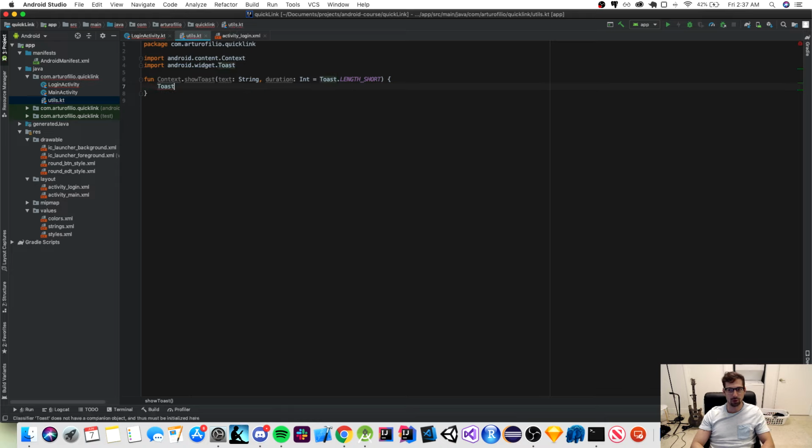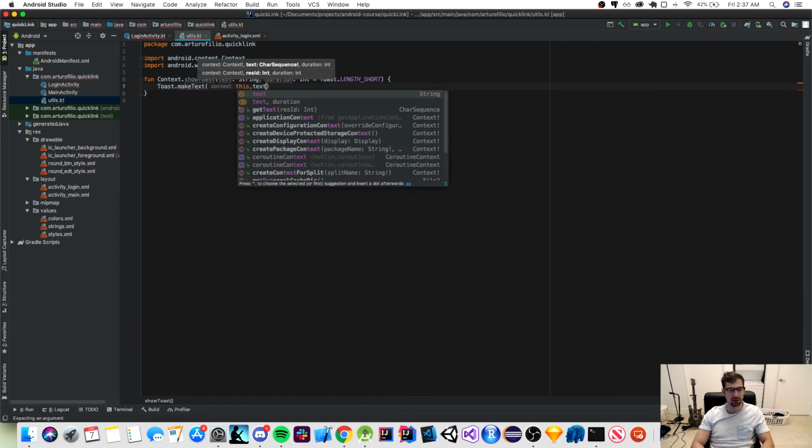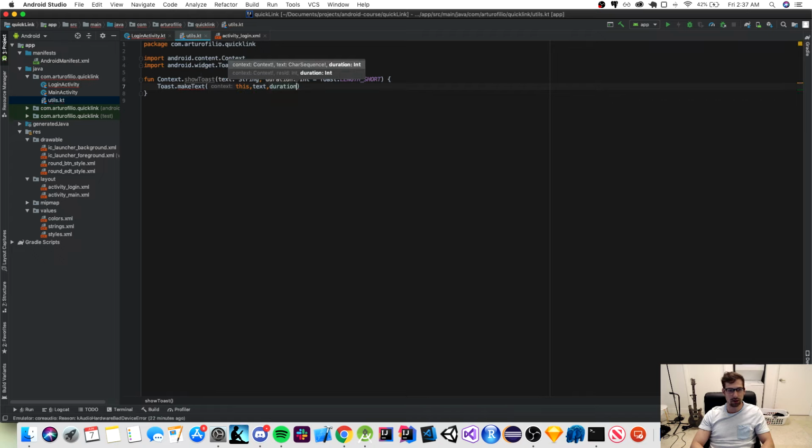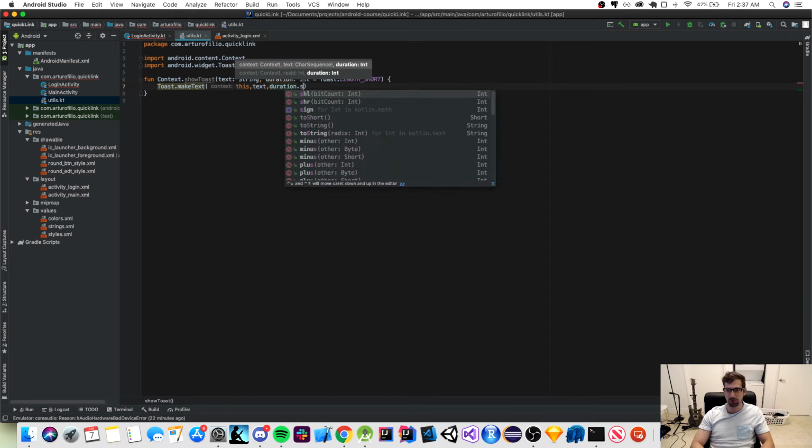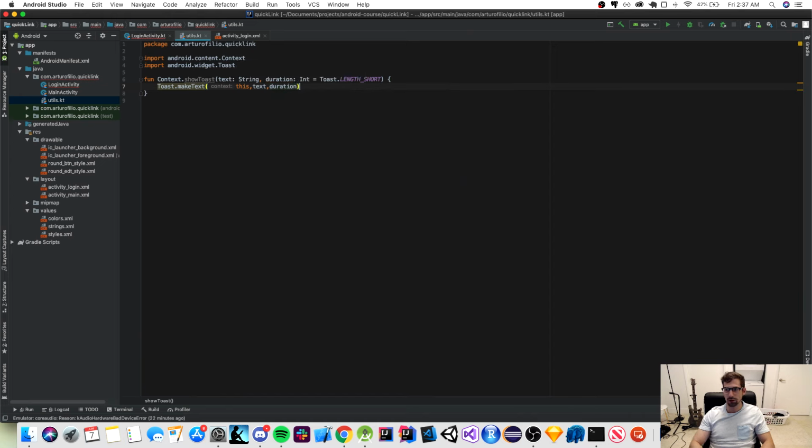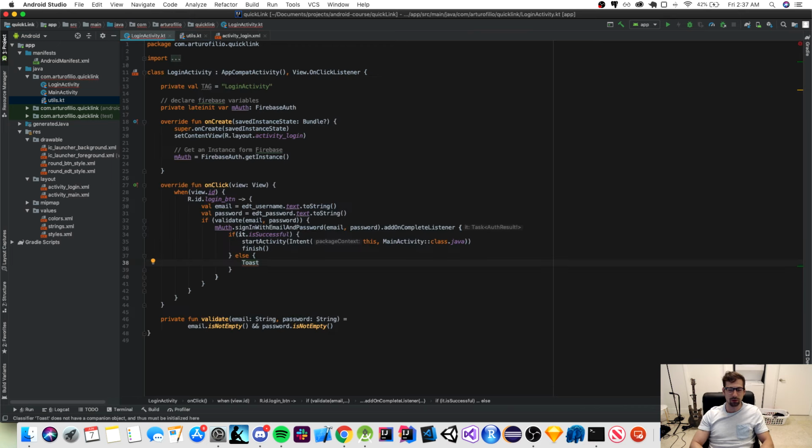And then once we put that, we're going to create our toast here ourselves using the context of this class with the text and the duration that we set up as default. Show. There you go. And you'll see why this is so useful. Because instead of putting toast and that awkwardly setup, you just type show toast, and we can just let the user know